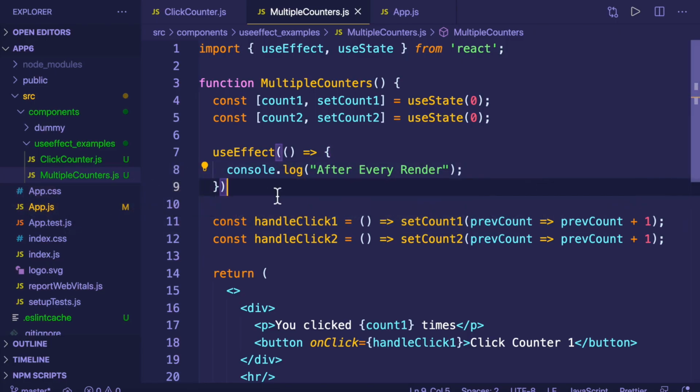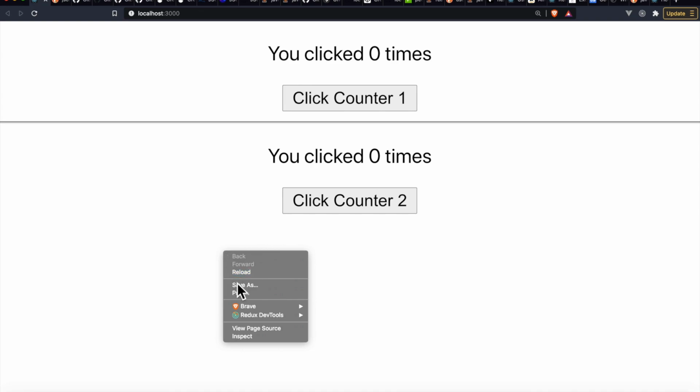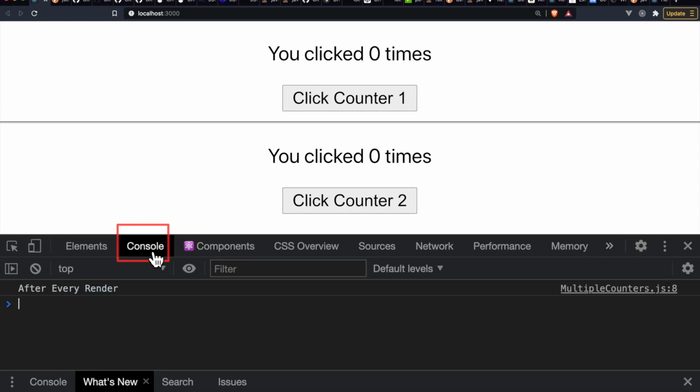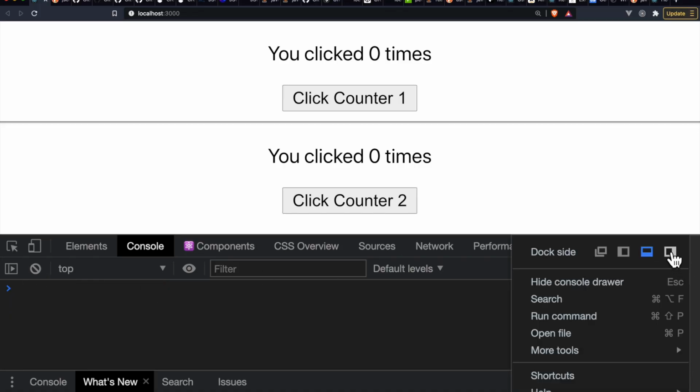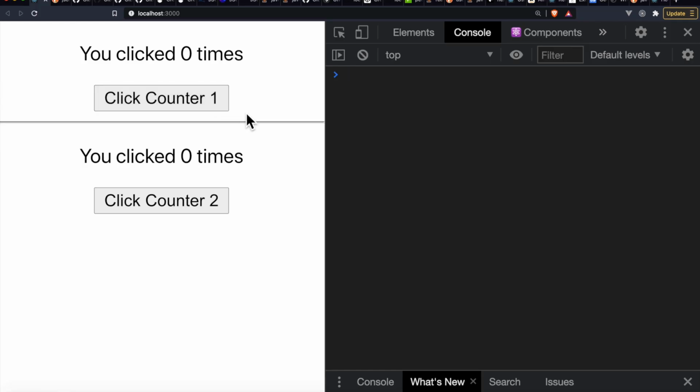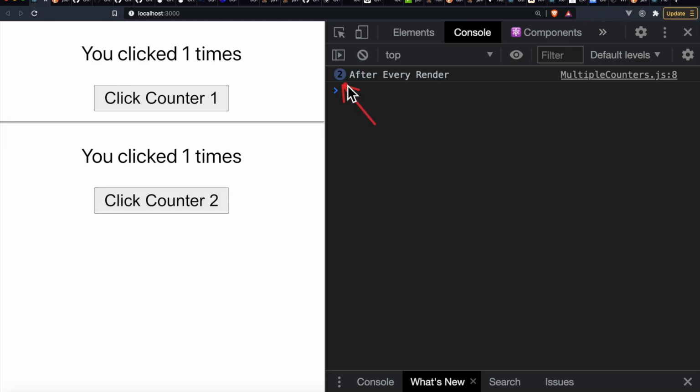Now let us go to the web page and let us open developer tools by clicking on inspect, and let us go to console. I'm going to clear the console and I'm going to put it on the right like this, and now I'm going to click on these buttons. So I'm clicking on click counter 1 now, and you can see this message got logged to the console after every render. I'm going to click on this button now, click counter 2, and you can see that this value